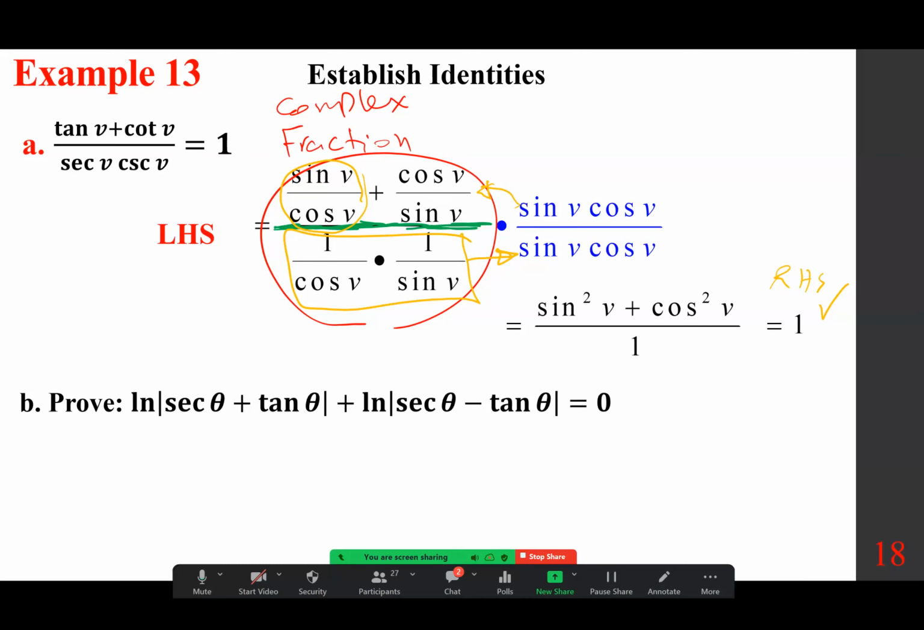We want to prove that ln of secant theta plus tan theta plus ln of secant theta minus tan theta equals 0. Needless to say, the left-hand side is the more complicated side. So we're going to start with the left-hand side. And I'm going to remind you